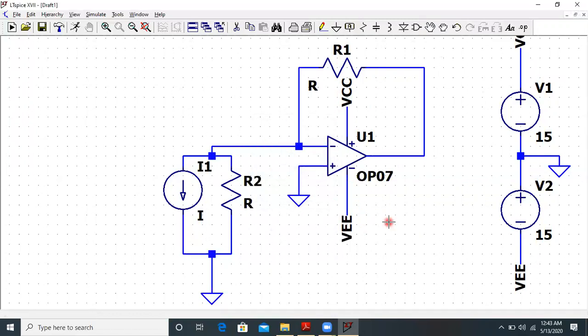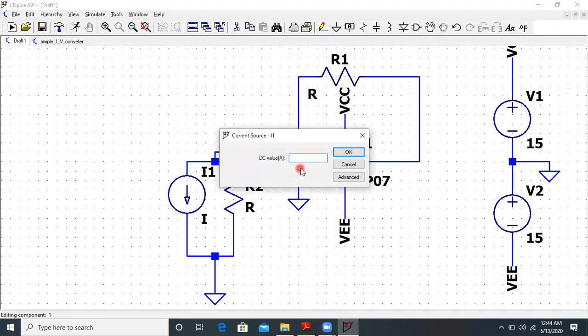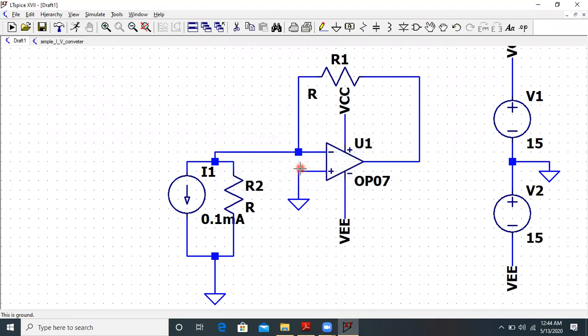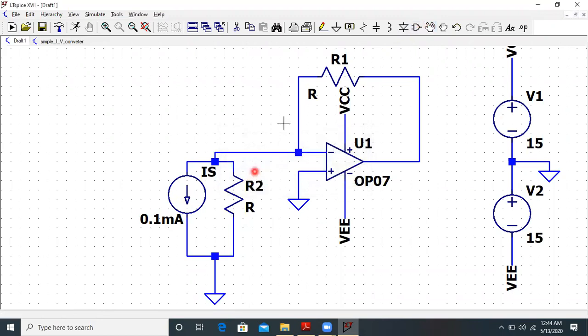Okay, so we are ready with most of the circuit. Now we have to decide the value of these resistances and the current source. Let us select the value of this current source as 0.1 milliamperes. Let me take this value a little out, and let me rename this current source as IS.